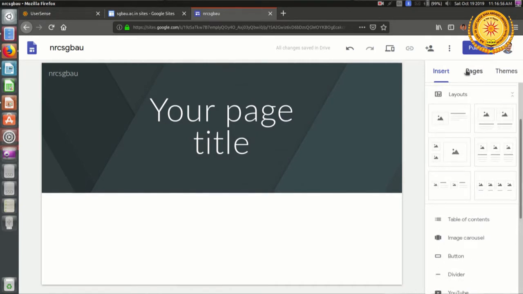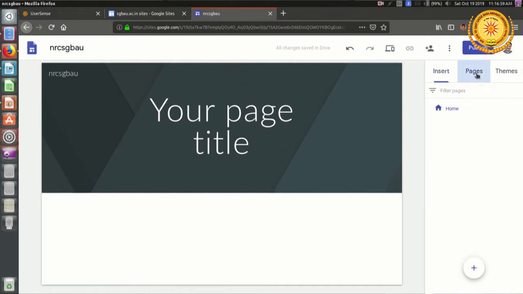Then we can see another option, and that is pages. Under pages you will be shown all the pages that you have created. Right now, since I haven't created multiple pages, it is showing me only the home page, which is still under construction, and the rightmost menu is the theme.